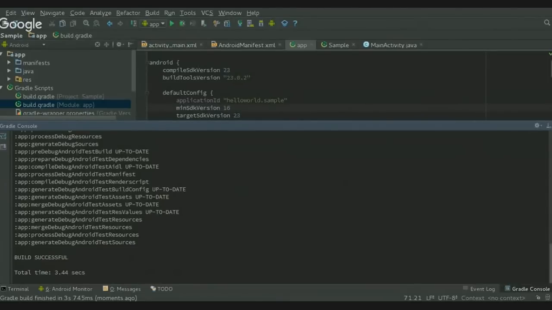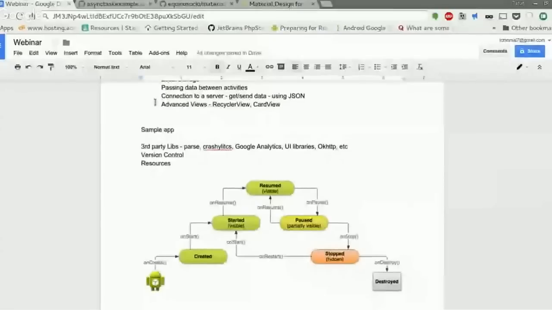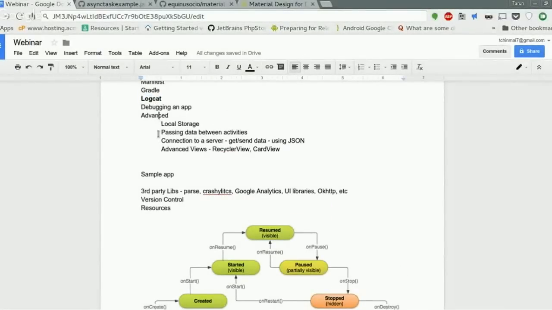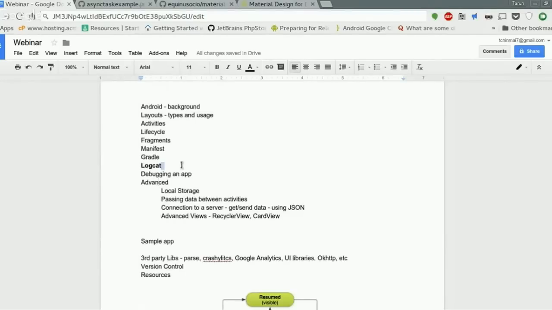Before we go on to the next topics of Logcat debugging and advanced, I want to make a small app which has a login screen and another screen which just displays whatever email ID, name and password they're given. So we'll build a small app, and I'll explain what logcat is, how to debug the logcat, how to read a logcat, how to store it locally. I'll be combining all of this into local storage and passing data between activities. So the ones in bold is what I'm going to be covering now using a sample application, and then we'll go on to